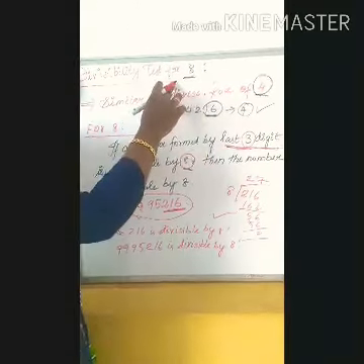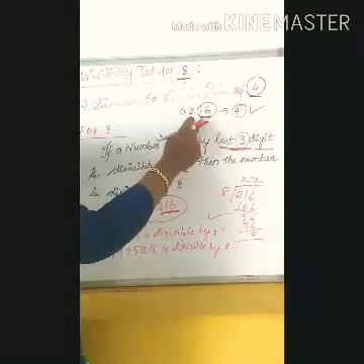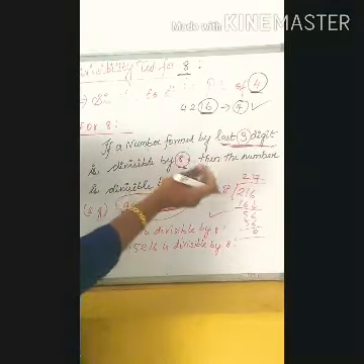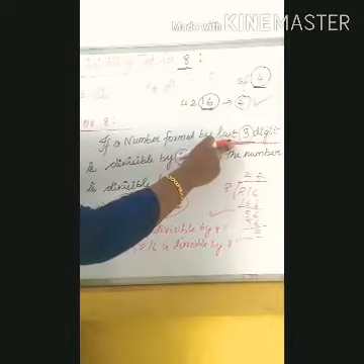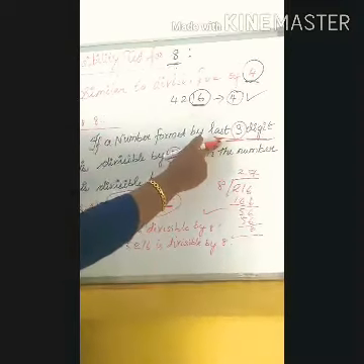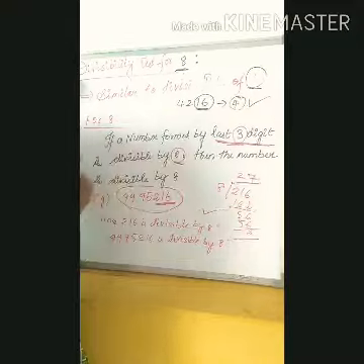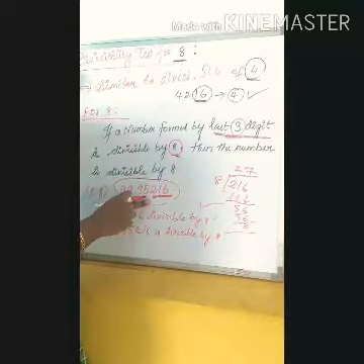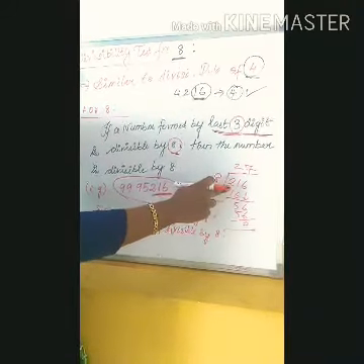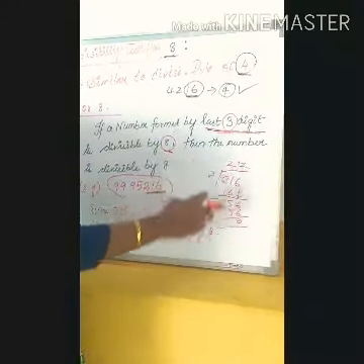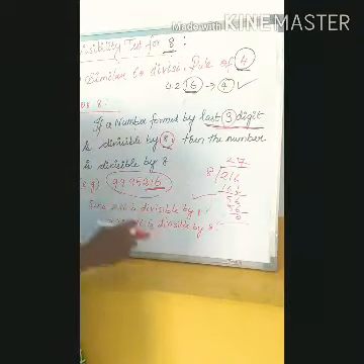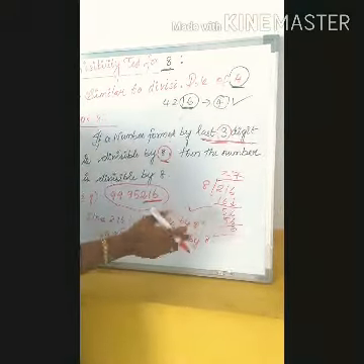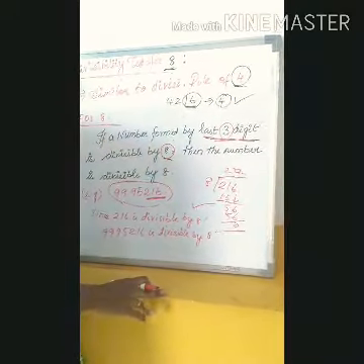Okay children, let us recap once. This is similar to the divisibility test for 4. For the divisibility test for 4, we check the last two digits. If the last two digits are divisible by 4, then we say the whole number is divisible by 4. Similarly for 8, we have to check the last three digits. If the last three digits of the number are divisible by 8, then the whole number is divisible by 8. I have taken an example: in this, 216 is the last three digits. We have divided it by 8 and it is completely divisible by 8, so this whole number is divisible by 8. If the last three digits are not divisible by 8, then the whole number will not be divisible by 8.